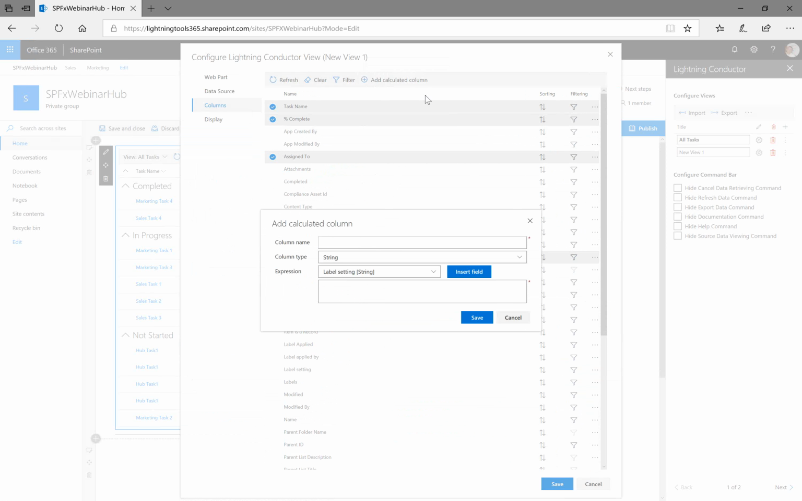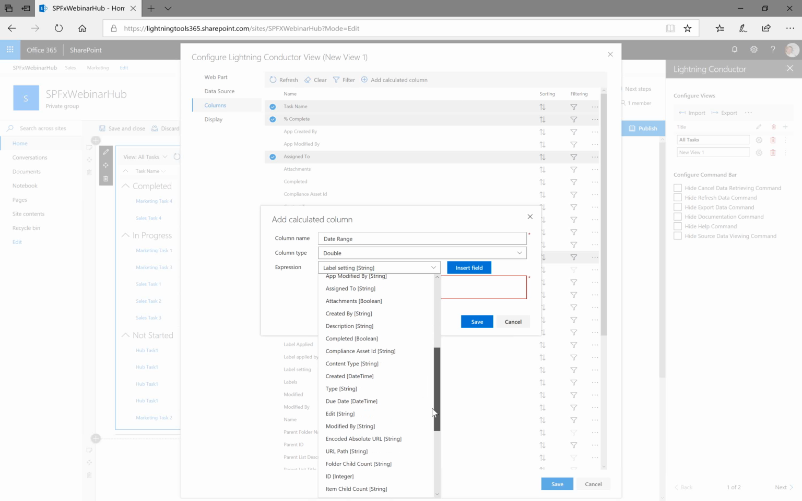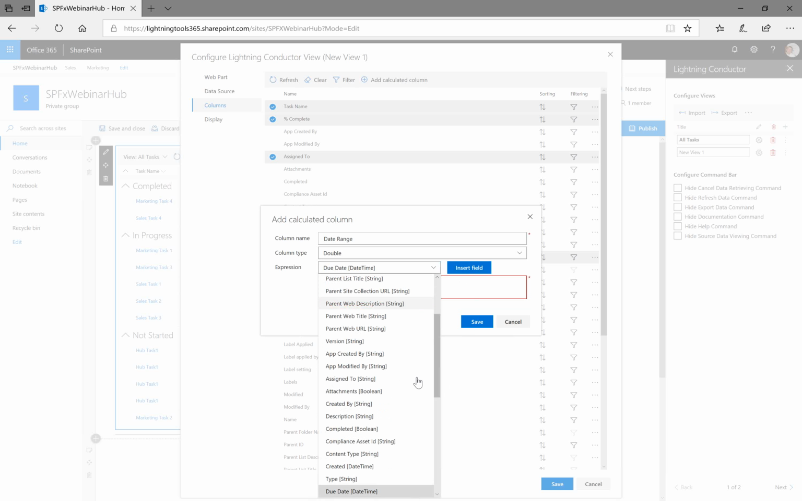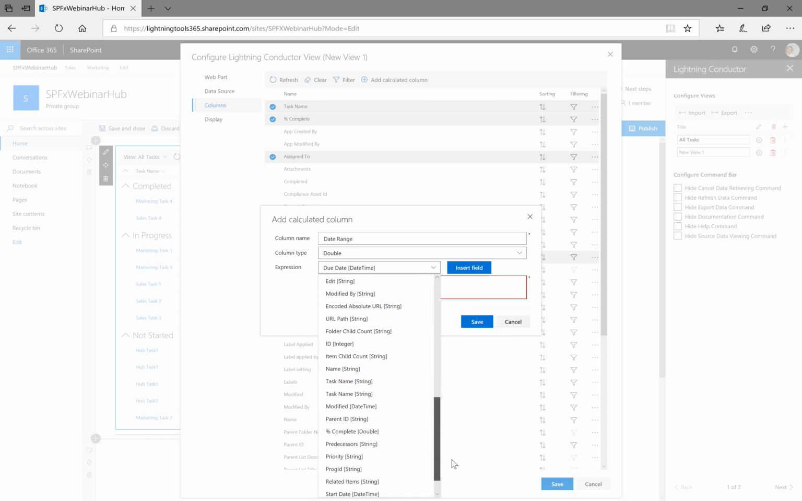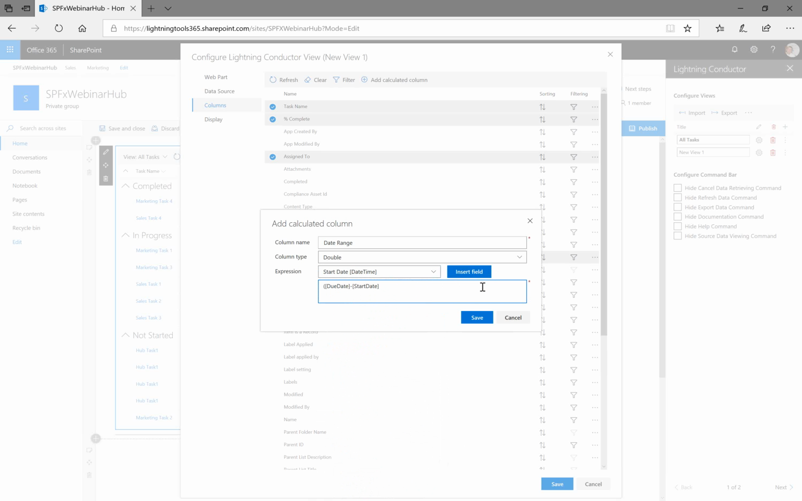So in here we can have something such as a date range and specify the type of data. So if I set that to a double, we can then go through and work with the fields from the list. So I can go through and select the due date and insert that, and deduct the start date, wherever that may appear. It's in there somewhere. There it is. So we'll select the start date, and